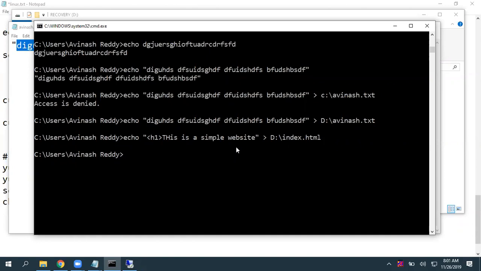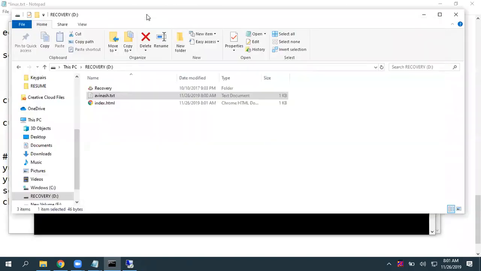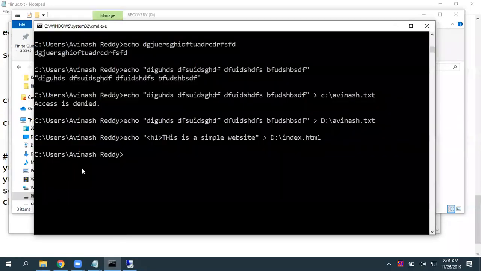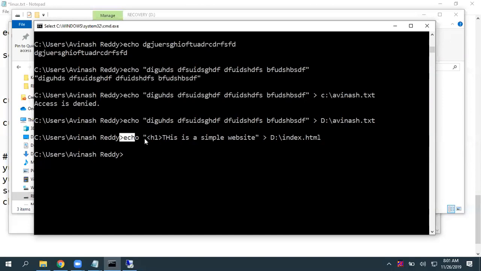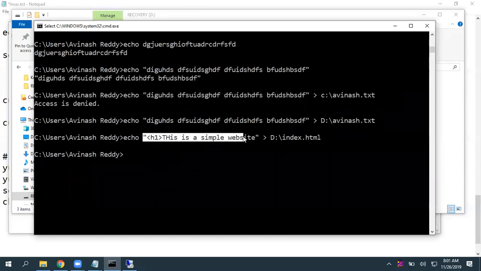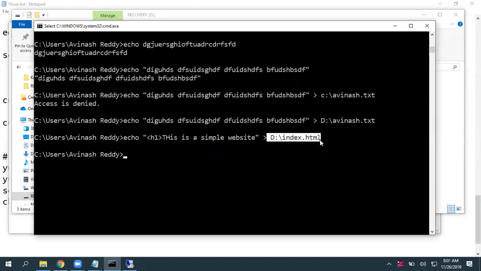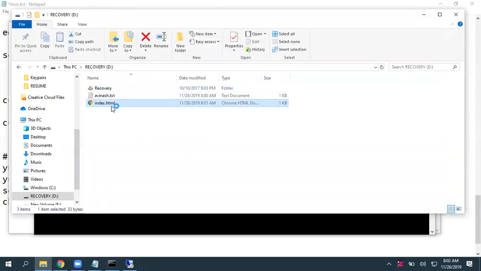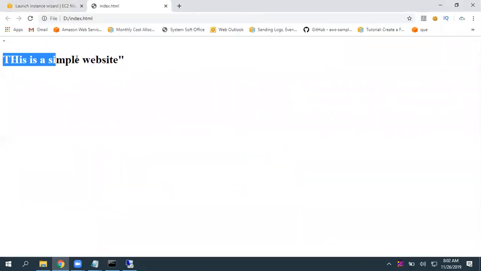Okay, click on enter. If you go to D drive, earlier we did not have this index.html, but this command wrote the output it generated to a file. It created the file, as it was not available, with the name index.html. If you open this file, it is showing: this is a simple website.